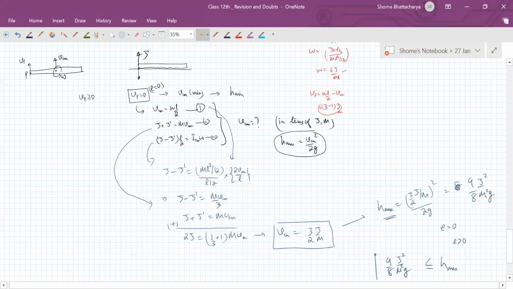Okay. Now the other side, the condition will come when we take the E equal to 1 case. This is when we have taken the E equal to 0 case. So just